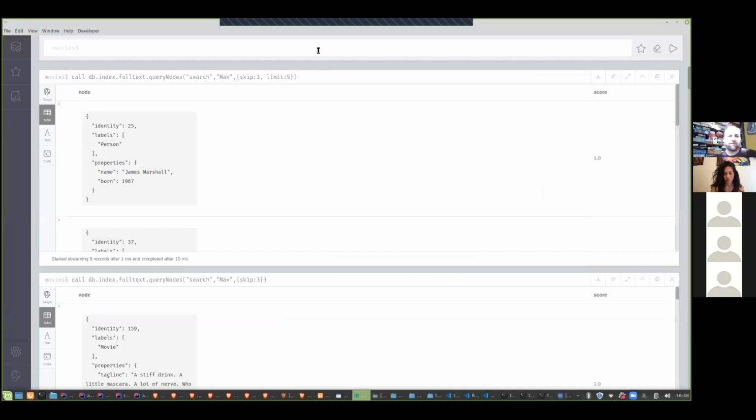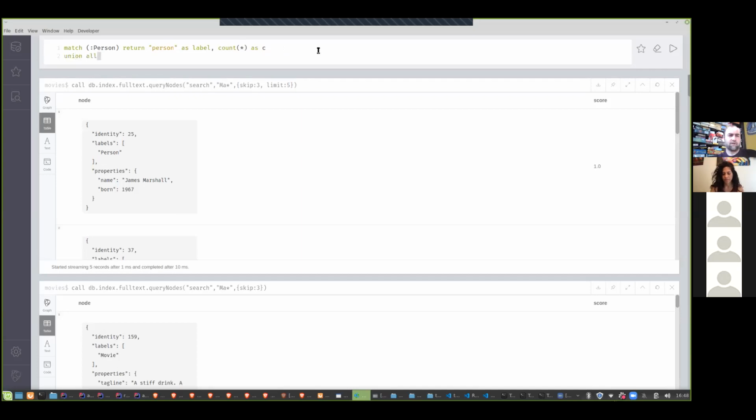So you could do something like post-union processing. That means if you do something like match person return count star, person as label, count star as C,